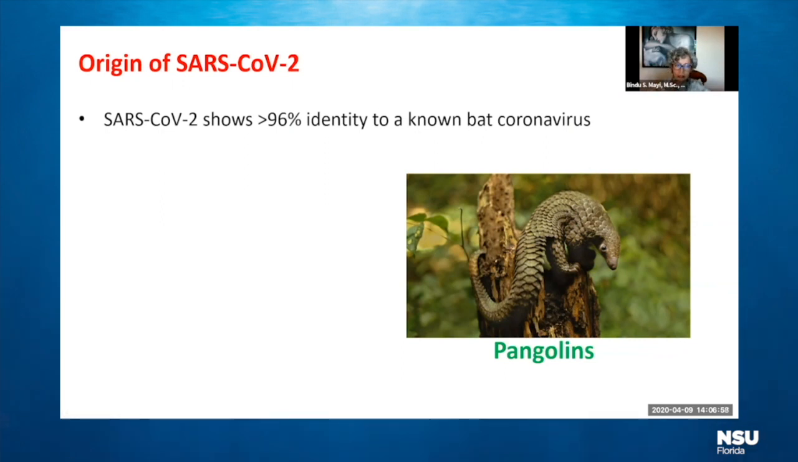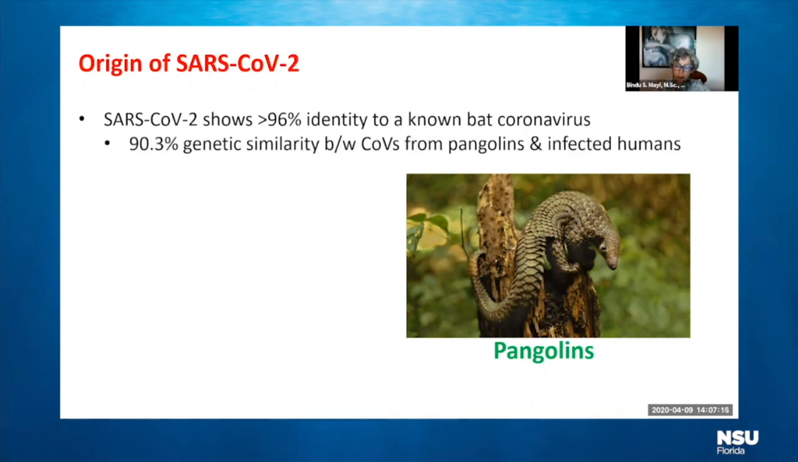We seem to think yes. And the reason for that is the virus shows greater than 96% identity at the genome level to a known bat coronavirus that was isolated from a bat cave in Wuhan back in 2015. There's also about